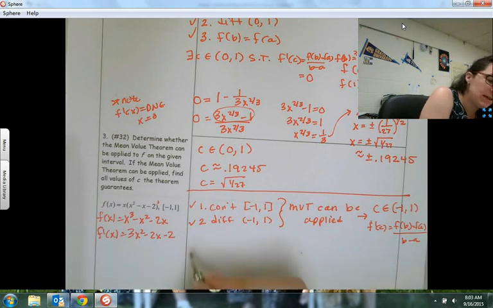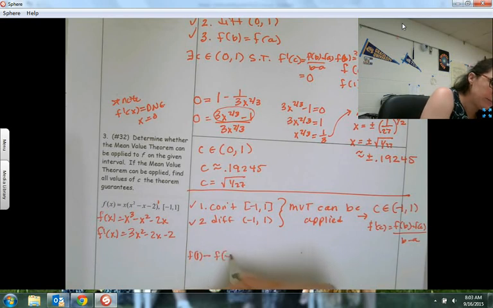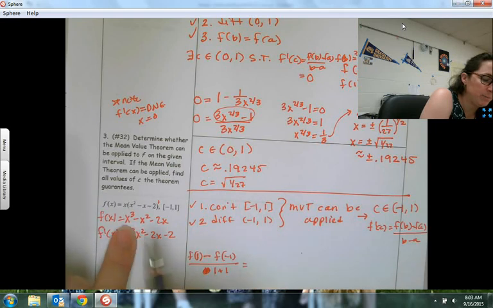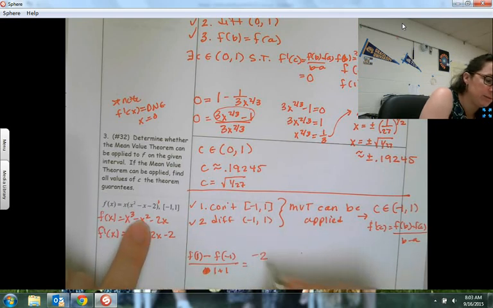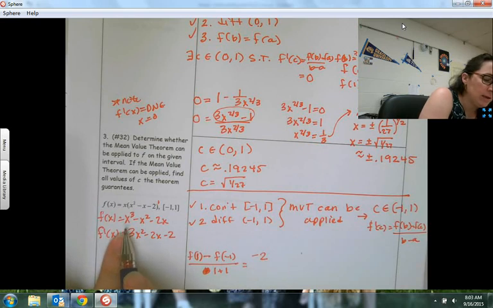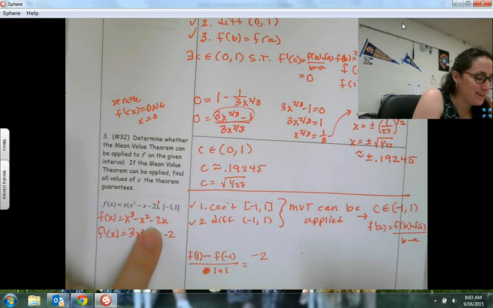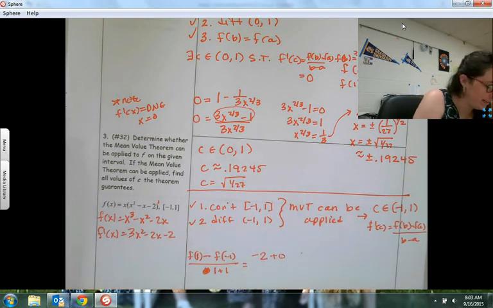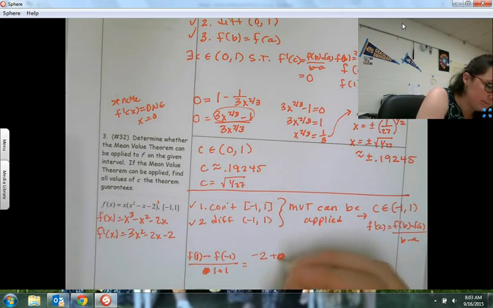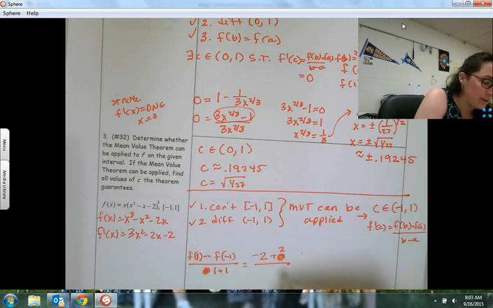So let's see, what is f of b minus f of a over b minus a. Okay, so let's plug in 1 here. 1 minus 1 is 0, so I have -2. Let's plug in -1. -1 minus another 1 minus 2, and then plus 2. Oh, is that 0? I don't know, I'm just checking my -1, and then plus 1, and then plus 2. Oh my gosh, that's 2. Okay, over